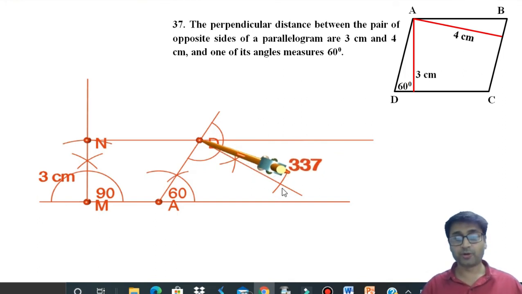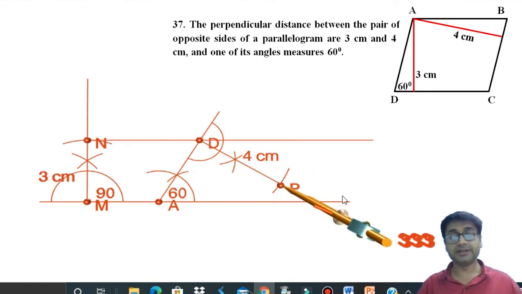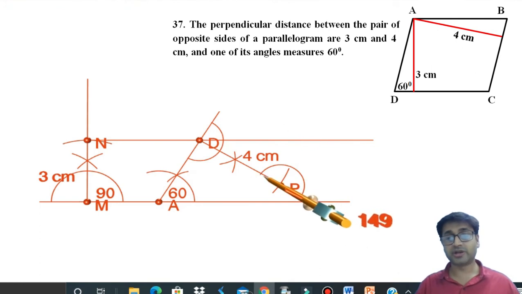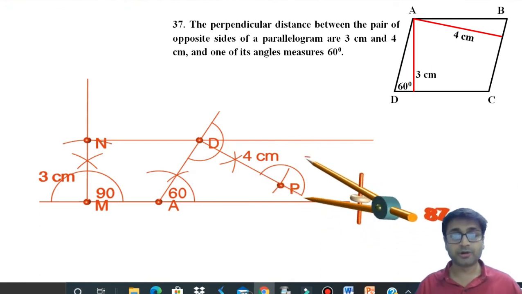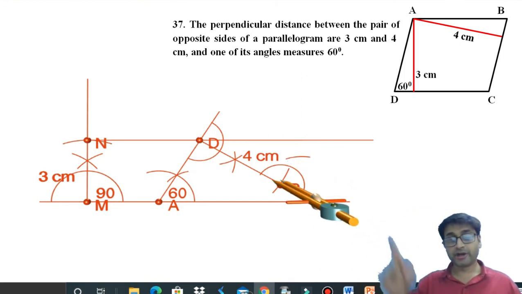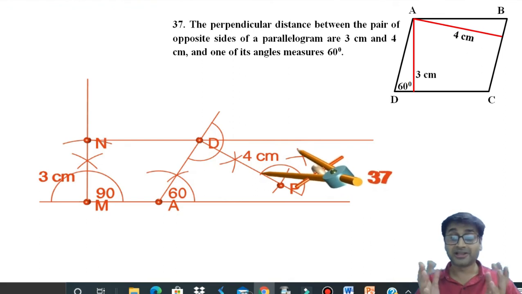So let's fix this point, and from here cut 180 first. So let's take this point, a random point, as point P or M or N. MN we've taken, so let's take it as P. From P, let's cut an arc. So this was 4 centimeters. From P, cutting an arc to get 180. Yeah, and then from 0 and 180, cut 2 more arcs to get 90. I'm sure you know how to draw 90 by now completely. So cut 2 more arcs and join it with P, and extend it up and down, and there you are, the magic happens.